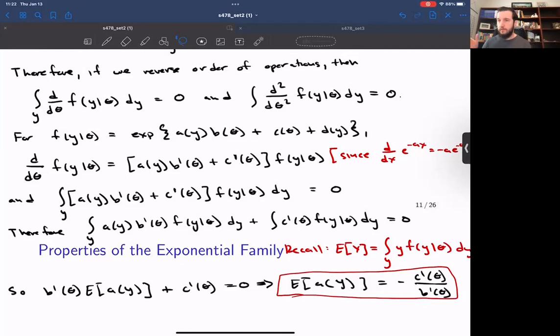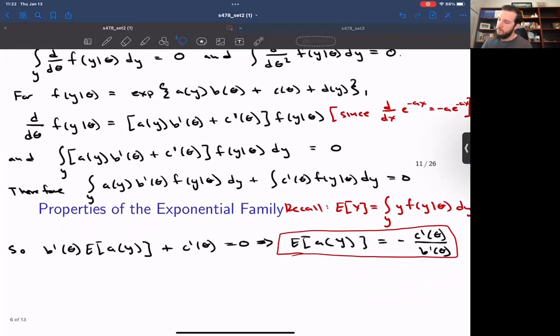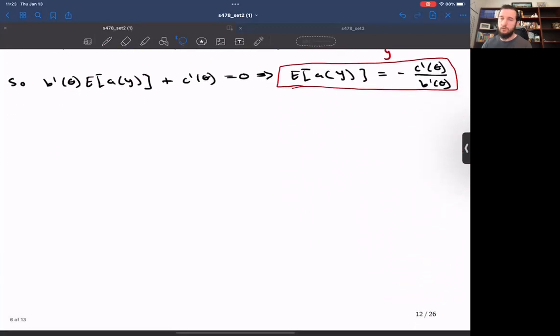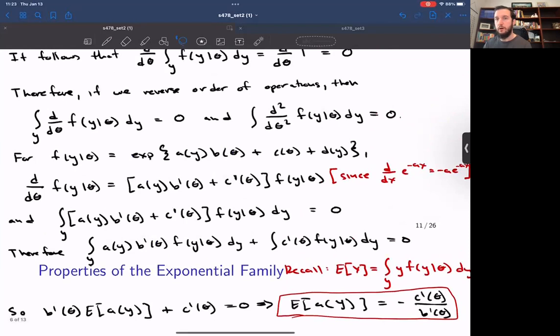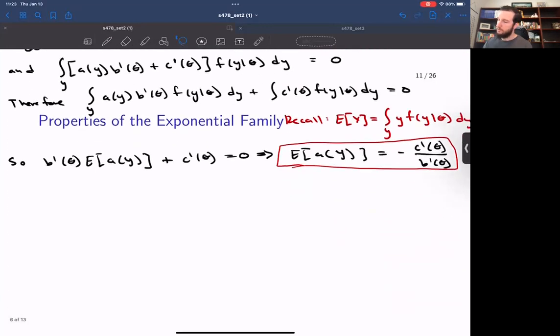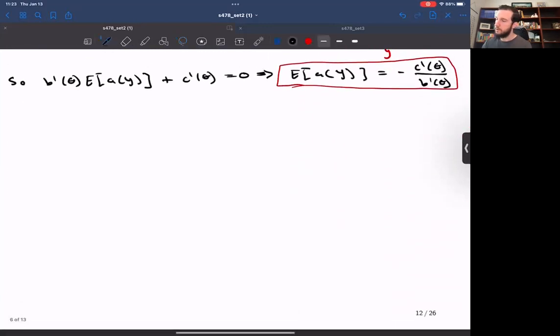All right, so the next thing that we're going to do is derive an expression for the variance based off of the exponential family. It's going to be a very similar process, and it's going to use most of the results that we have written above, in terms of the integrals of the derivatives of the function. Okay, so we're going to start off by saying,